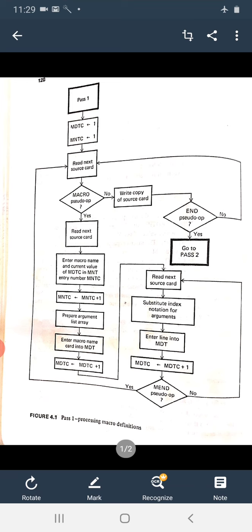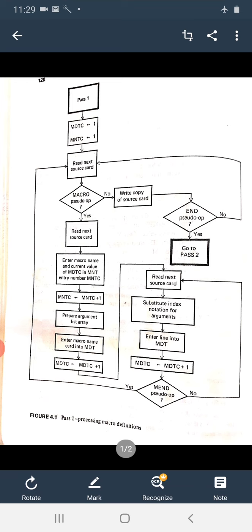macro pseudo op, initially if it is not a macro pseudo op, then we are going to write a copy of the source card and check whether it encounters the macro end. Macro end indicates the end of your macro. So if it has reached the macro end pseudo op, then we specify that it is the end of the program and the macro definitions have been processed.